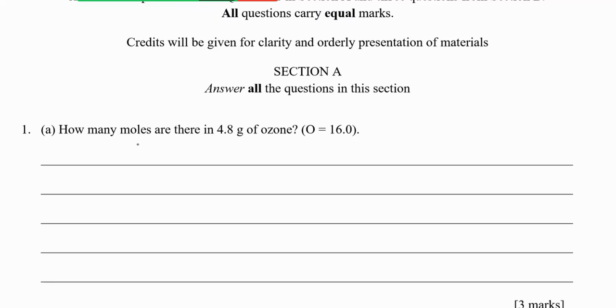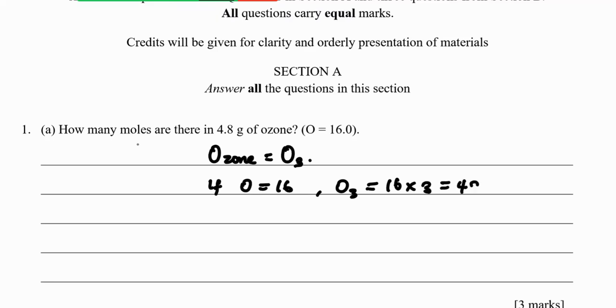The first question says, how many moles are there in 4.8 gram of ozone? Okay, and we're given the molar mass of oxygen to be 16. Oxygen is what makes ozone. So, first off, we would figure out what the formula for ozone is. Ozone is O3. If one oxygen has the molar mass of 16, ozone would be 16 times 3, which is 48